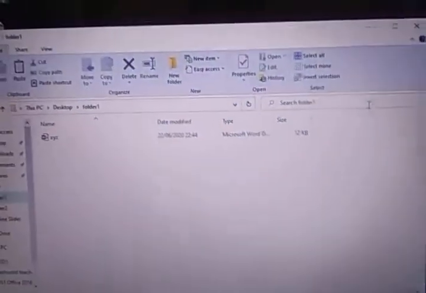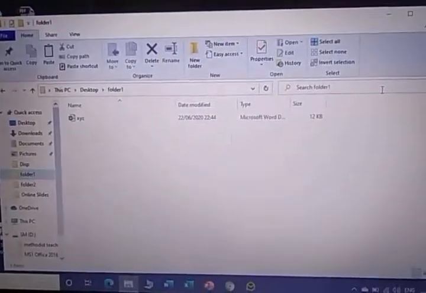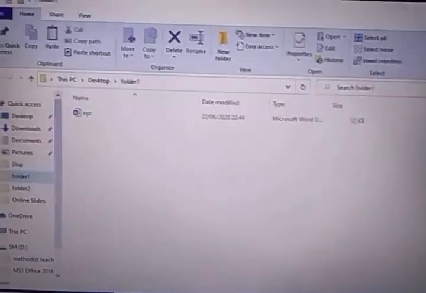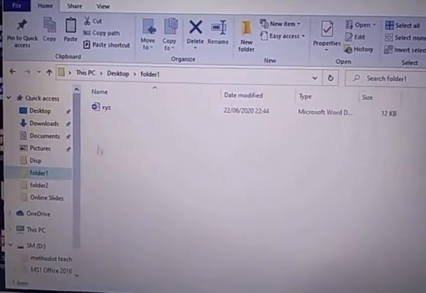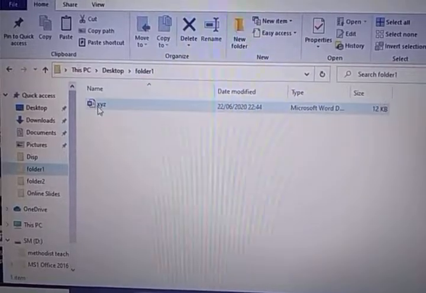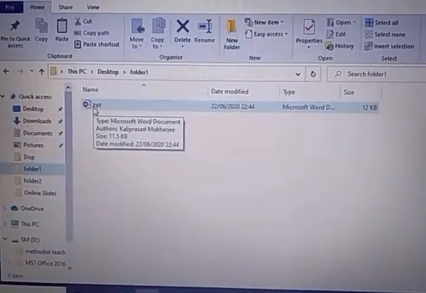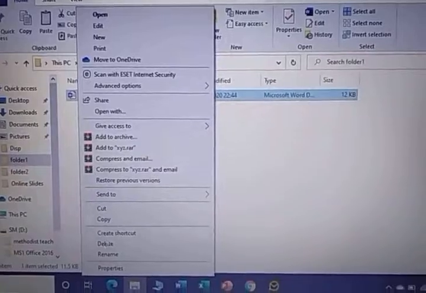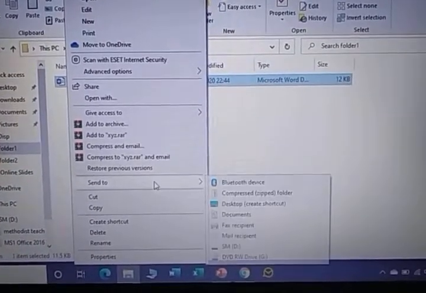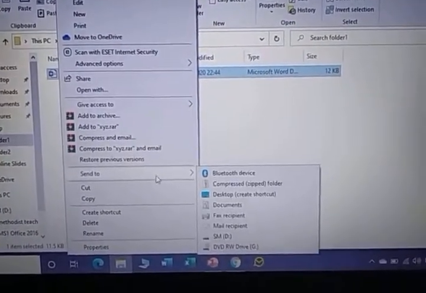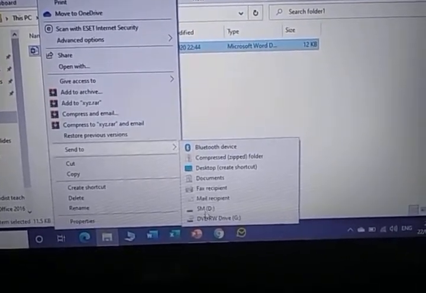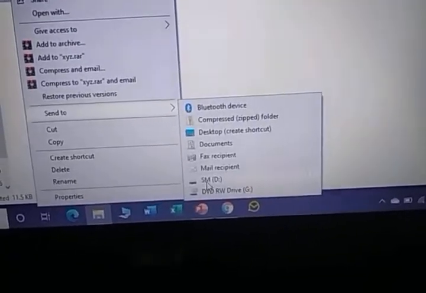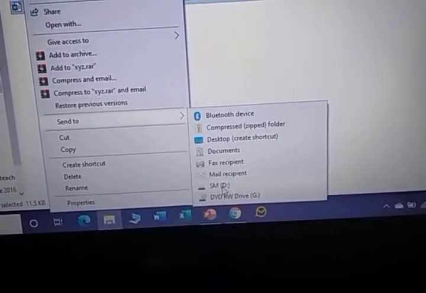Now I am going to show you how we can send a copy of the file from our computer to the flash drive. We have the file in both folder 1 and folder 2. I have opened folder 1. Here is the file we can see. Right click on that one. Here is the option send to in the menu. In the send to submenu, you can see one option here, the D drive.